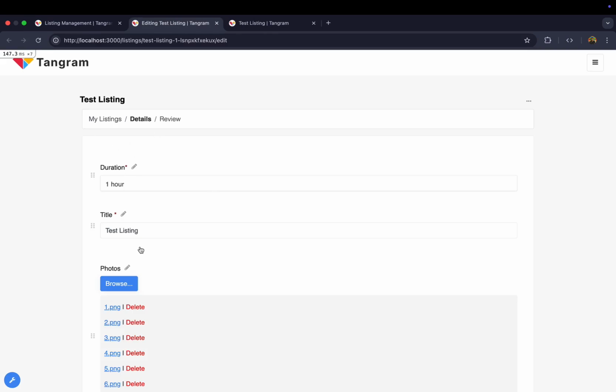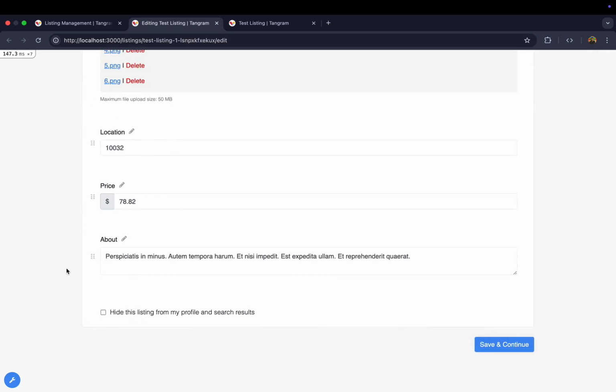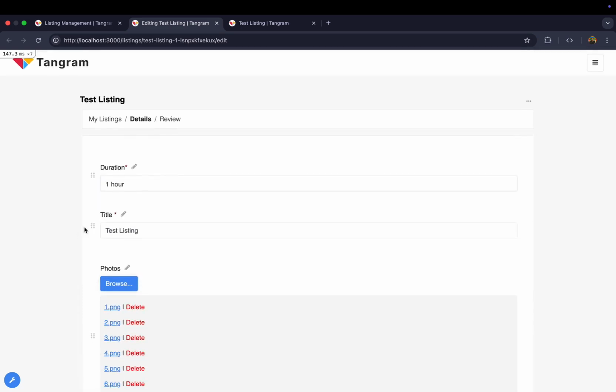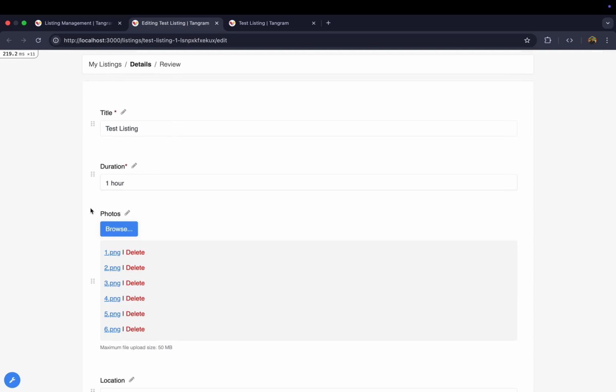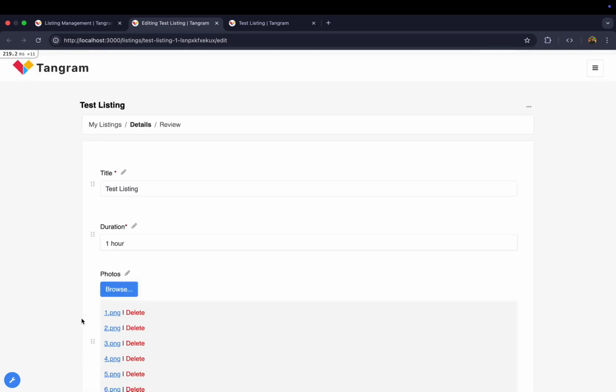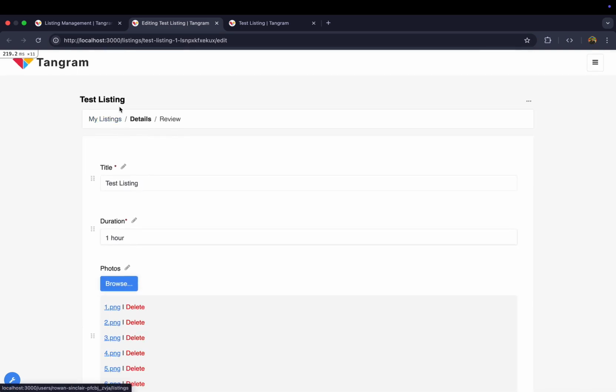I'm going to go through and edit this one more time because I want to show a couple more things. One is the fields you're showing here. It'll be covered how to connect these different fields in our fields guide, which is in this playlist as well. You can also reorder these by dragging and dropping these dots on the left-hand side. So you can have the fields in any order that you want. And then one last thing